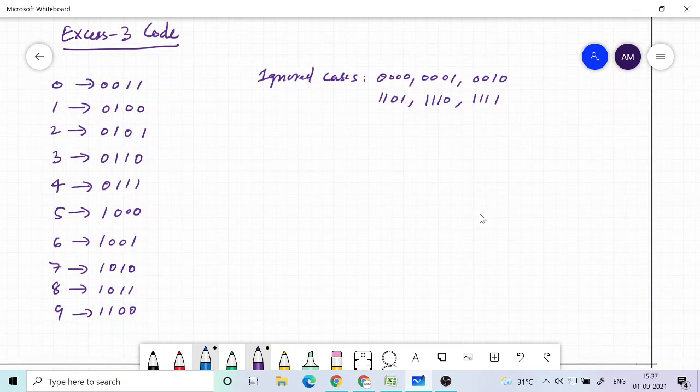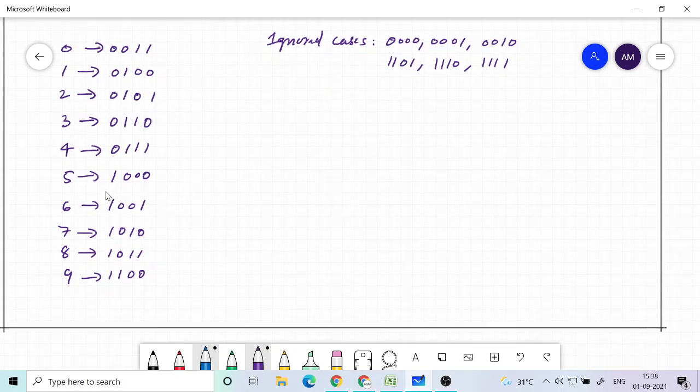So can we do something else to overcome it? Yeah, we can, just like we could overcome this in the case of 2's complement and 1's complement. 1's complement, I told you, just flip every bit and you get the 1's complement, right? So now the same thing is possible here.